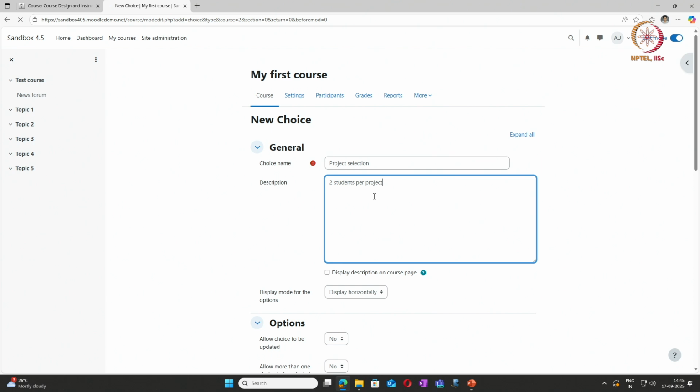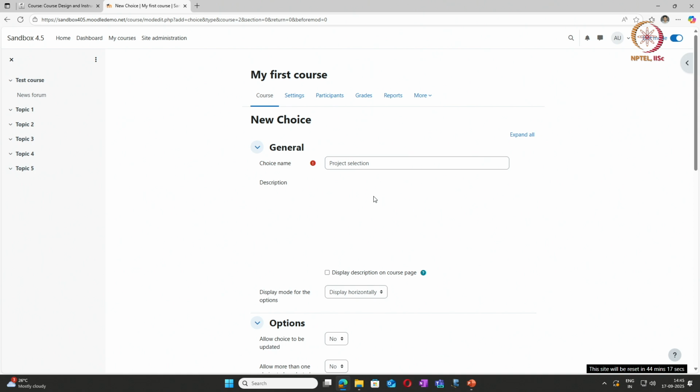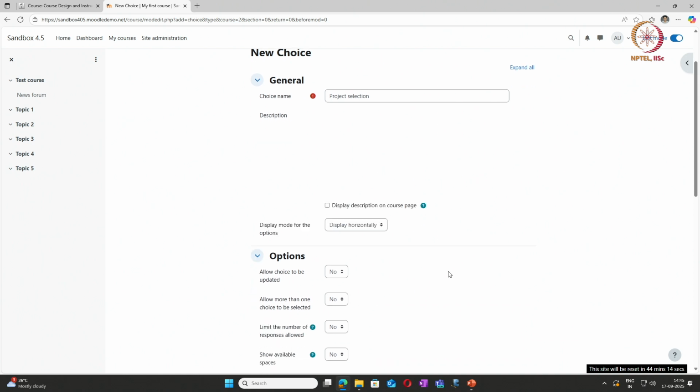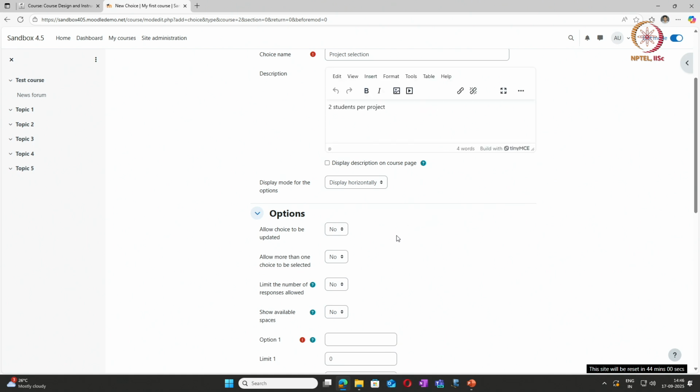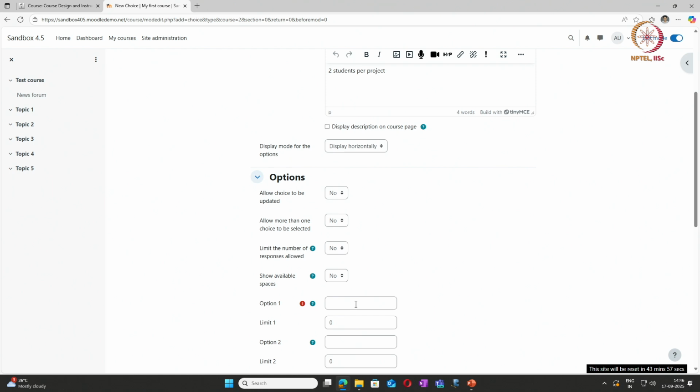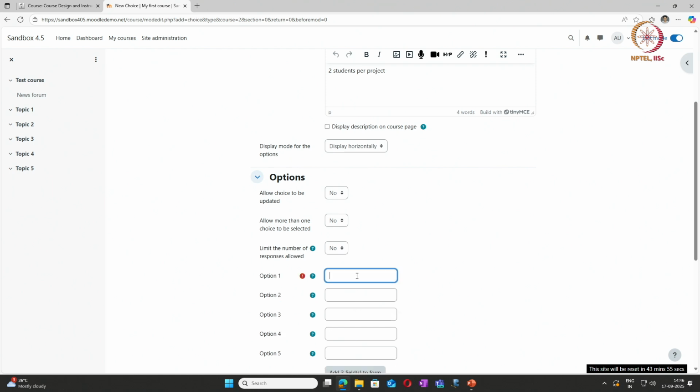Here I am trying to create one choice activity where students have to select a project. I will give the list of the projects that can be taken up, or group the students, and then they have to select the project that they are going to do. For that option, I will give here project A, project B, like this, and